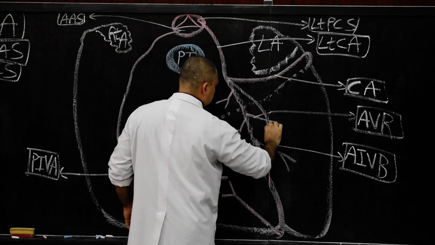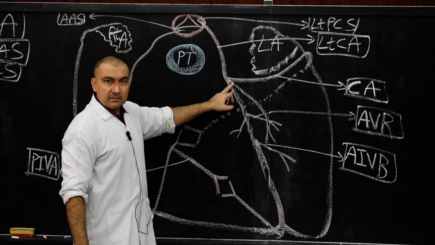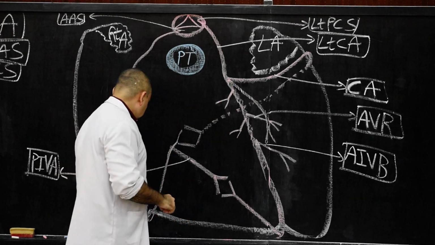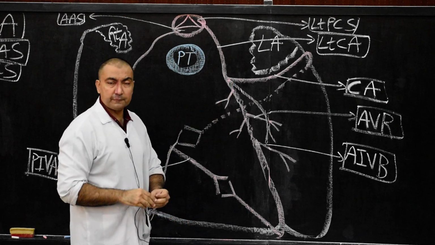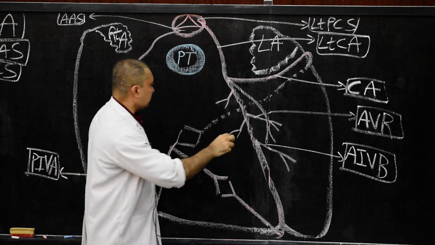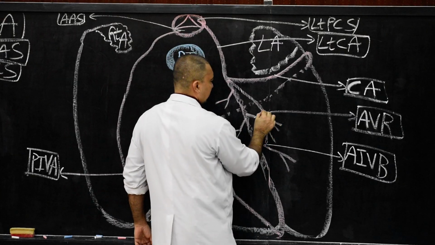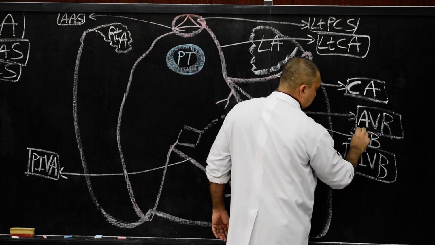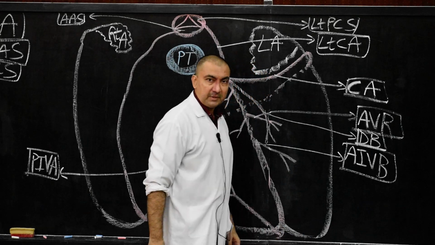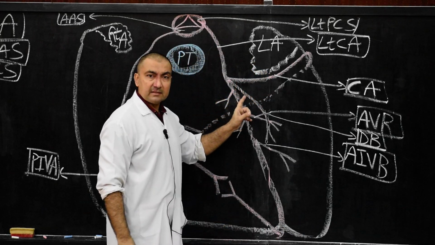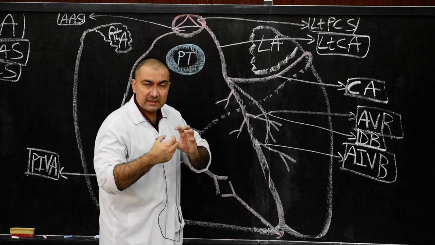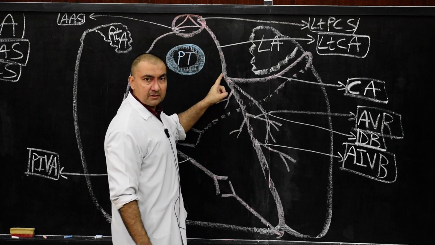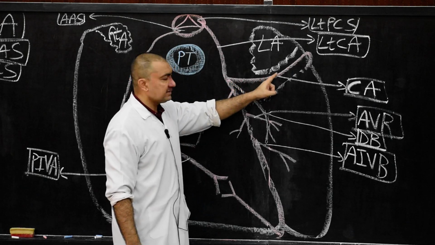And this branch is known as the diagonal branch of the left ventricle. So therefore, this is another branch of the anterior interventricular artery. Here we will mention this as the diagonal branch of the left ventricle. Please draw. And where does it take its origin from? The diagonal branch will be originating right at the branching of the anterior interventricular and circumflex arteries.